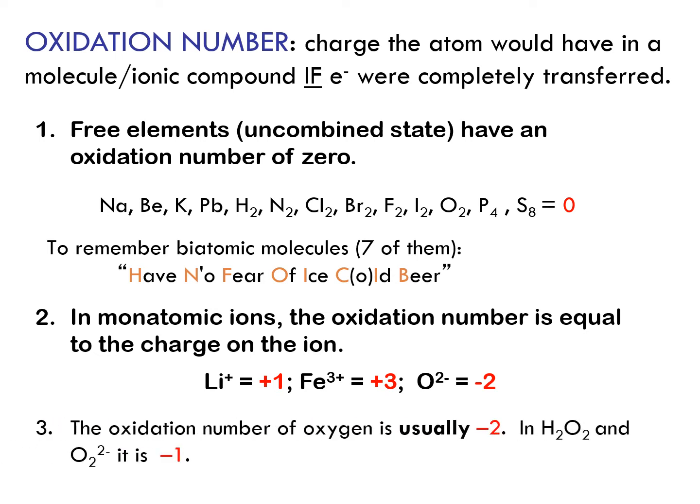Then there are some trends. Oxygen typically is -2. The only remarkable exception is peroxides, of which the most likely that you may encounter is hydrogen peroxide, in which case it is -1, because in hydrogen peroxide one of the bonds that oxygen is making is between 2 atoms of oxygen. So bonds between identical atoms do not count in terms of oxidation number. So unless it's a peroxide, in which it is -1, you can make a safe bet that the oxidation number of oxygen is -2.